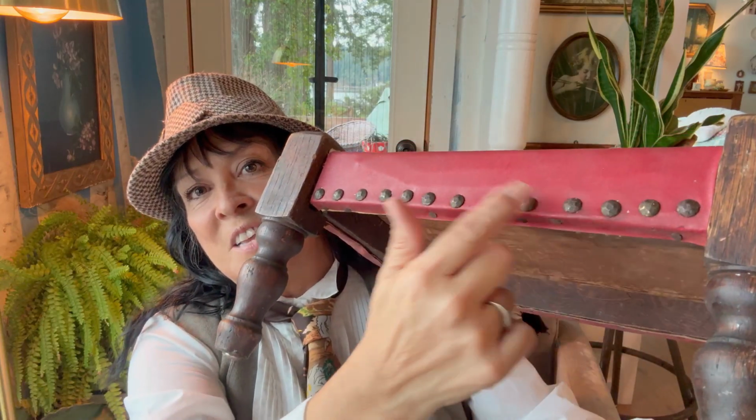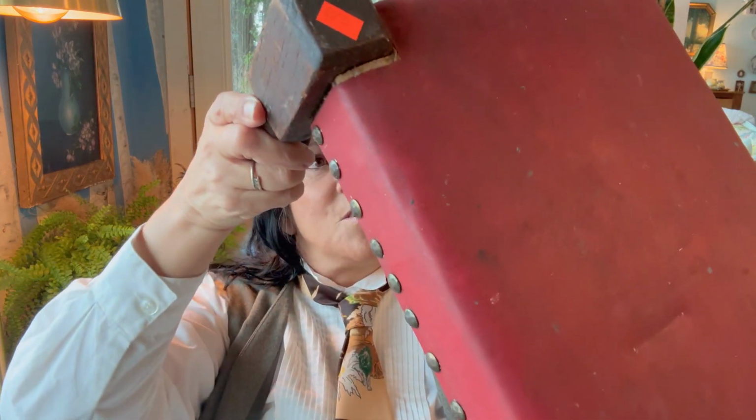I also got this cute little stool. Now, I love these brass tacks, but I hate that this is vinyl. So I may recover this. It could be one of my creative projects for 2025. I only paid $6. I'm really surprised it was still there,